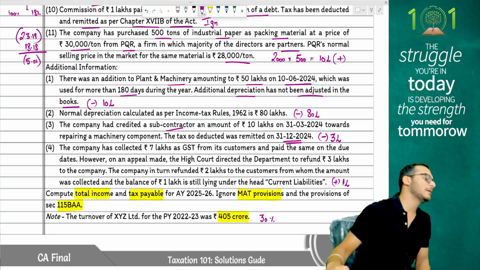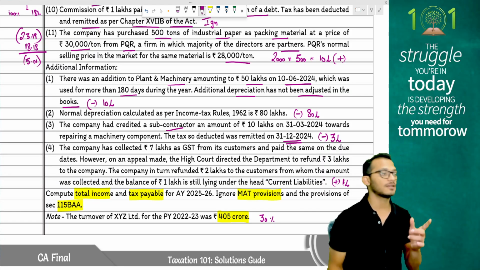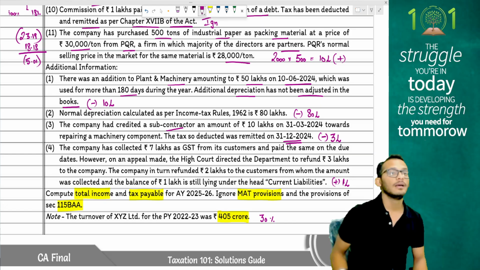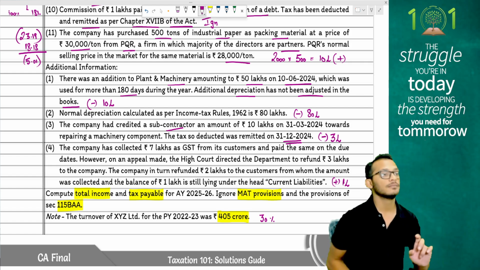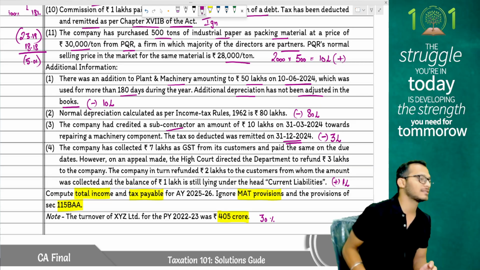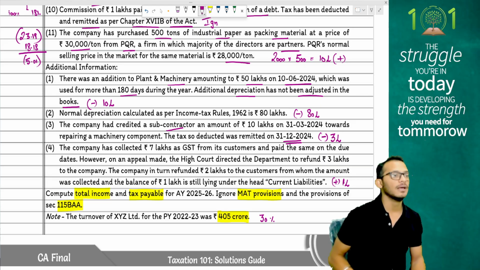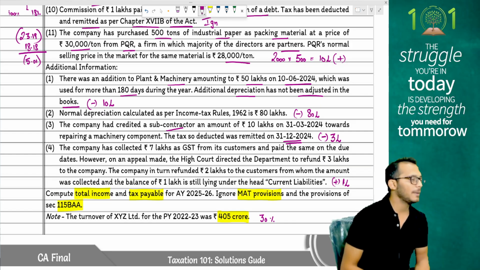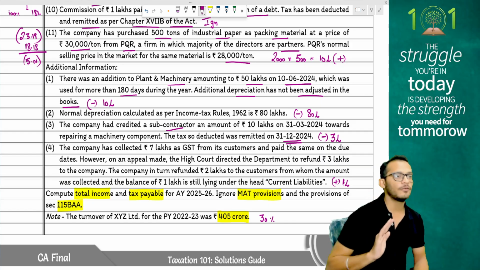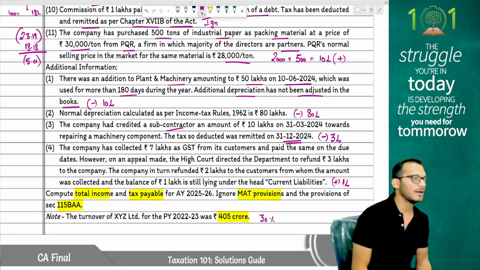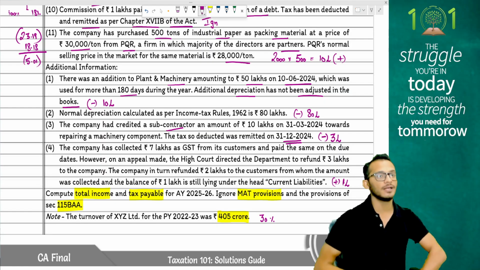Therefore, add 1 lakh. People, I don't know how many of you are aware about it, but GST law says that whenever you get a refund back, you need to give it back to your customers. I have only given back 2 lakhs, and therefore the extra which I did not give back will have to be offered as income. Rahul, is this a permanent income? Answer is no. Tomorrow when you pay it back, you can claim it as reduction, but current year, since you have not paid it back, you will have to offer it as income. This will be your adjustment for your total income.